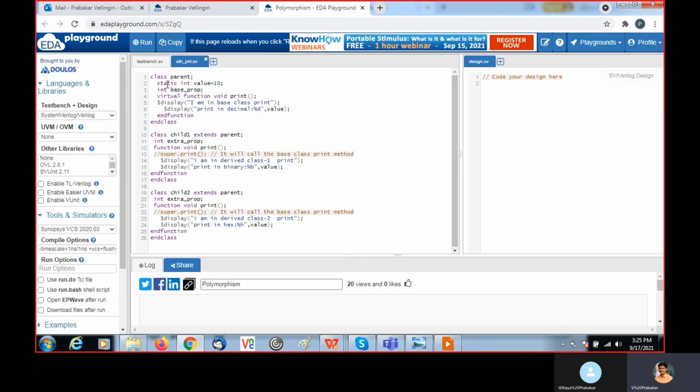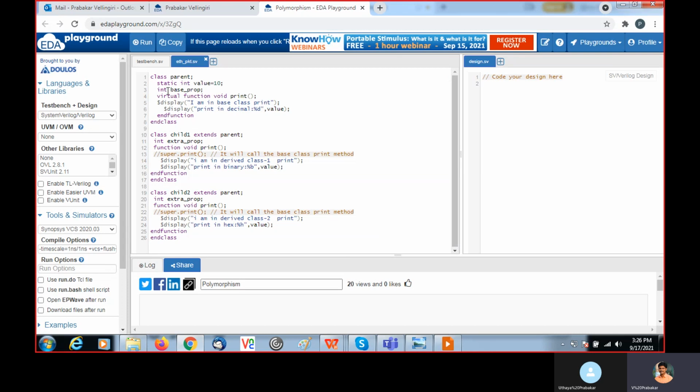Here, class parent, the base class. Inside that, we have a value, the data type. This is declared as a static. So value 10 will be allocated in a particular location for value.